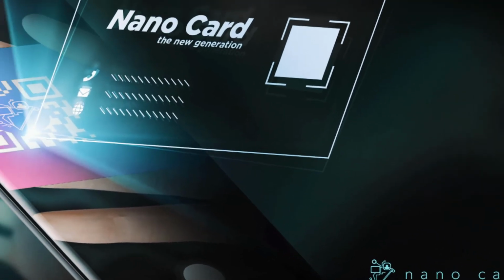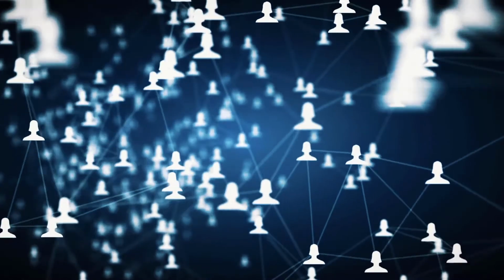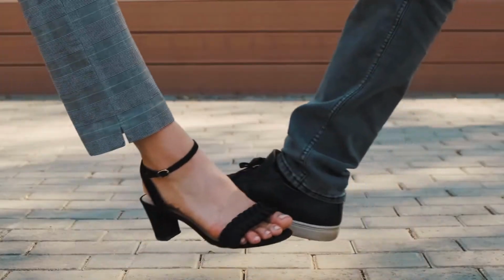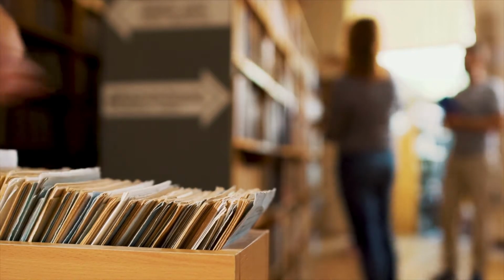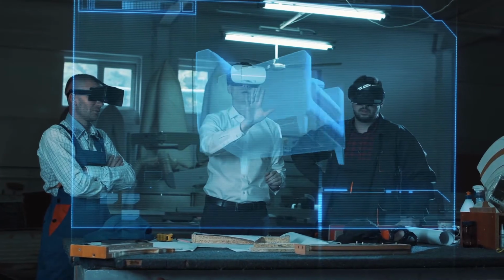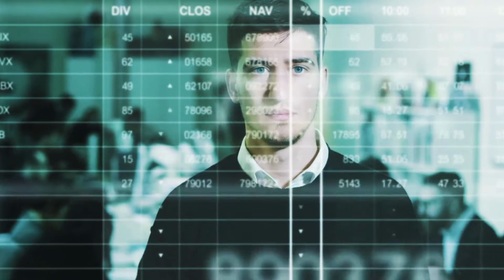NanoCardAR is a digital resource for displaying your business card and professional information. It's a new method of connecting with other professionals in real life, which is environmentally conscious, contactless, and built for the future. The old days of paper cards are behind us. Digital business cards are here, in real life, for everyone to see. The world is changing, and we need to change with it by adapting to a new age of business and